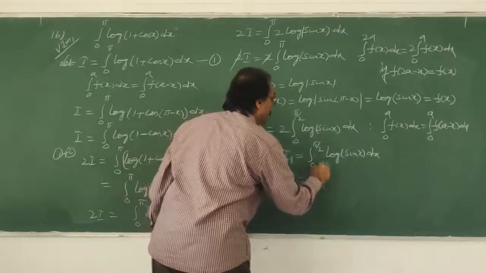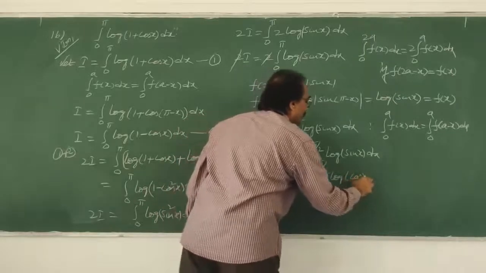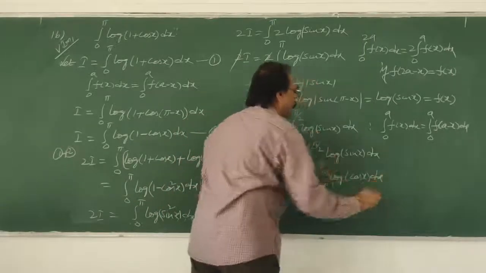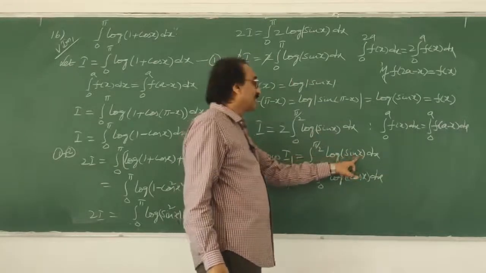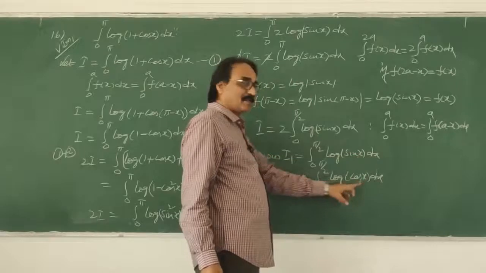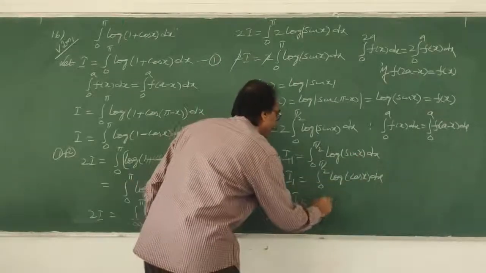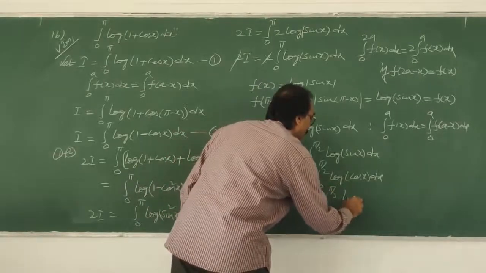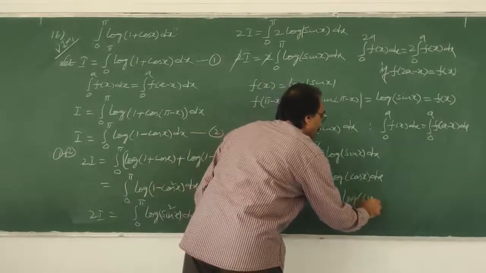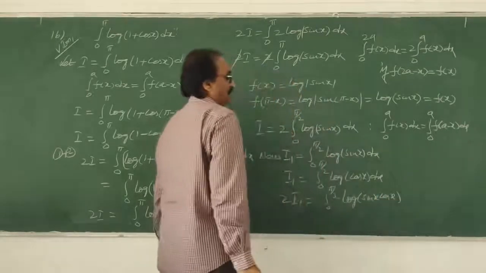Directly tell me. Integral 0 to pi by 2 of log cos x dx. Because we did so many problems, directly we got sin of pi by 2 minus x, the a minus x formula, sin 90 minus x is cos x. Add it. This is I1, this is I1. So 2I1 is equal to the integral from 0 to pi by 2. How much will you get? Log sin x cos x dx.